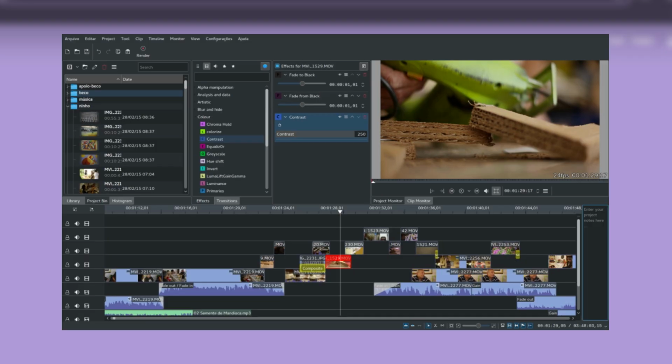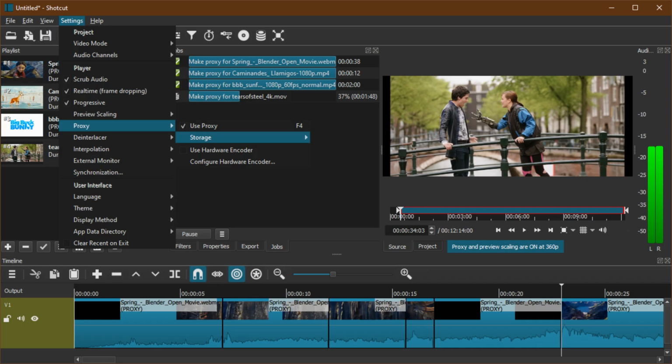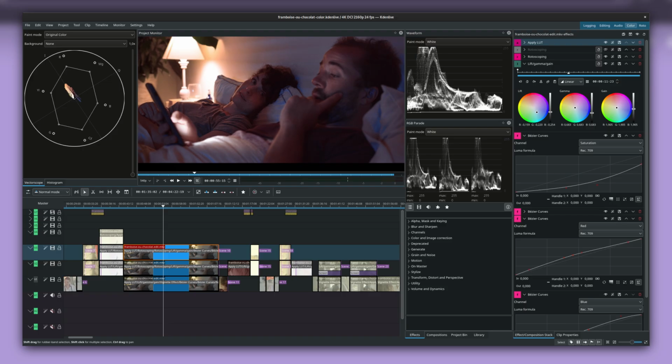Kdenlive lets you import and export a wide variety of formats, streamlining your project handoff or collaboration with other tools. Shotcut, while offering fewer export options, still handles a range of file types and is easy to fit into a typical video production workflow. Kdenlive benefits from a growing ecosystem of third-party plugins and add-ons, further expanding its capabilities to